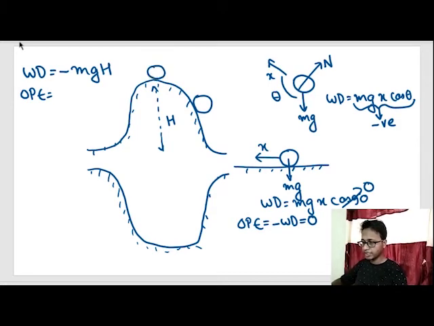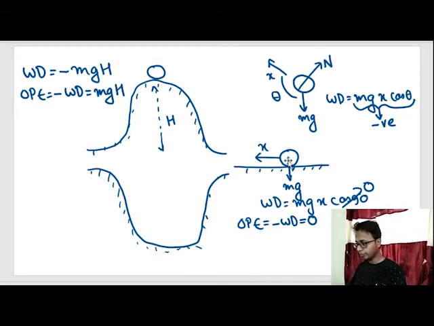When the ball reaches out here, the increase in potential energy is minus of work done, which equals positive mgh. So can you intuitively see, as some external force pushes the ball from here to here, it is increasing the potential energy of the ball? Okay. Now what happens when I push the ball out here?